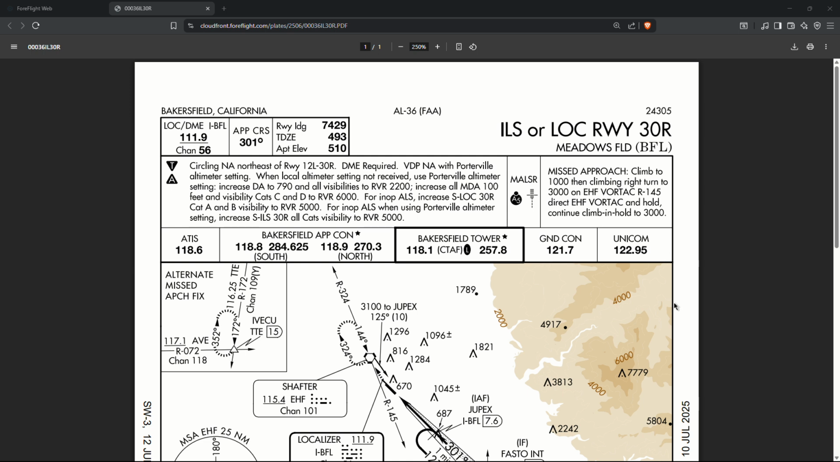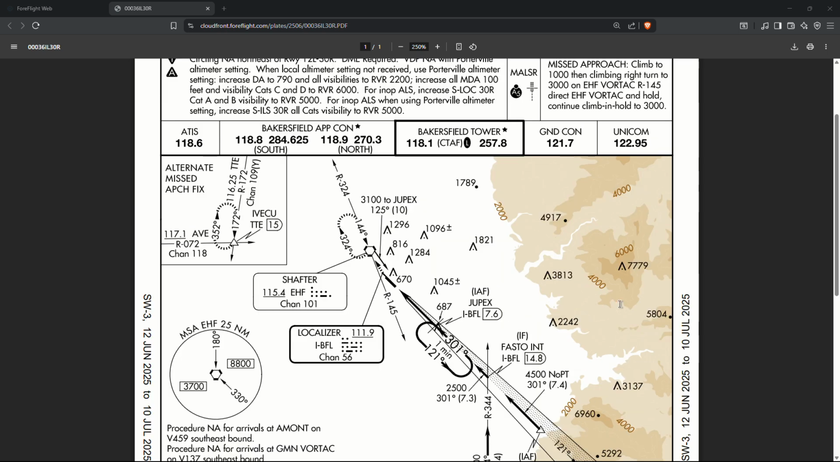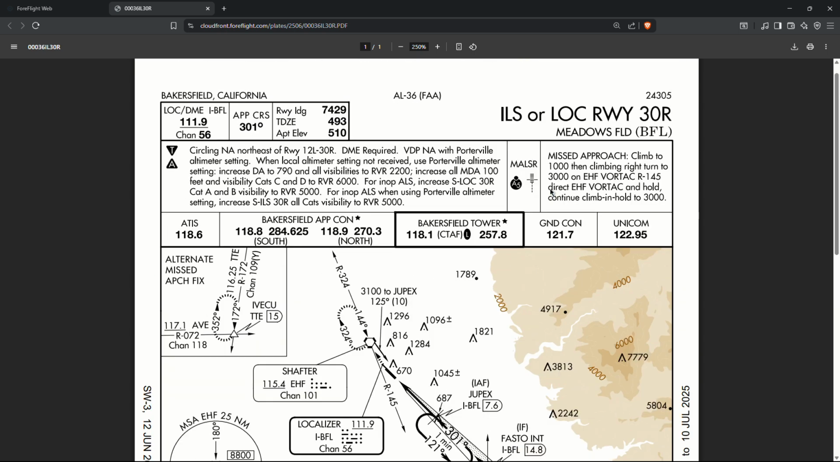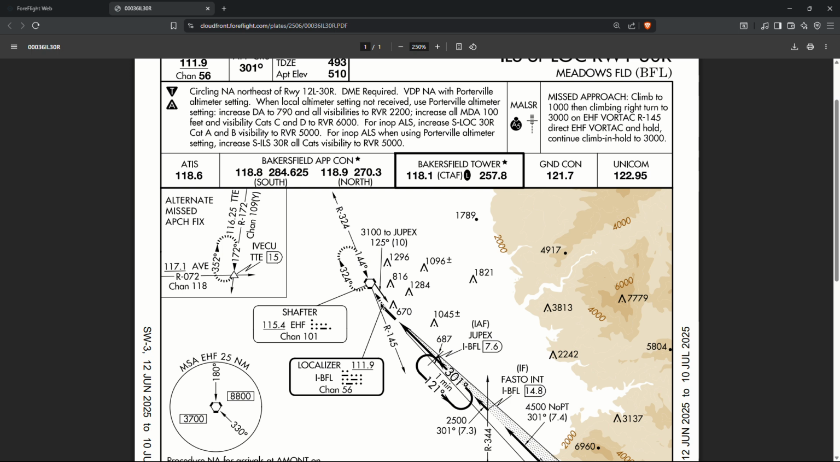Now, next is going to be our missed approach. Climb to 1000, climbing right turn, 3000, Shafter VORTAC, radial 145, direct Shafter VOR, and hold. Continue climbing to hold 3000. So, as we approach our DA, if we reach our DA altitude of 698, and we don't have the runway, we can't make the landing, we'll go ahead and start with our missed approach. We can see it marked in the map here. We're going to be climbing to 1000, then right turn, 3000, Shafter VOR, radial 145, direct Shafter, and then continue